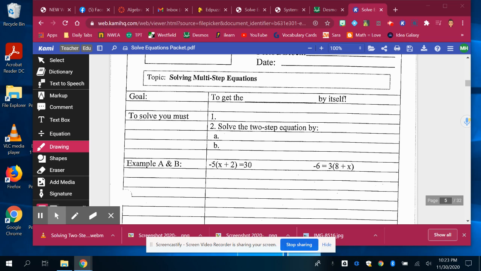Hi guys, today we're going to be doing some solving multi-step equations. So we're adding on just a little bit today, with multi-step meaning more than two steps. So our topic again is I can solve multi-step equations. All right, our goal as always is to get the variable